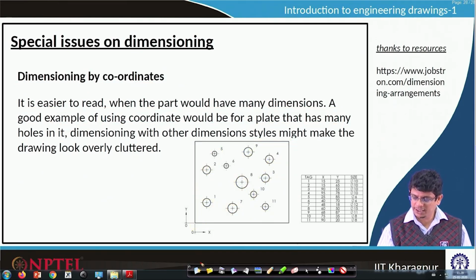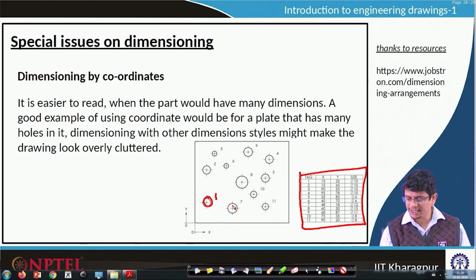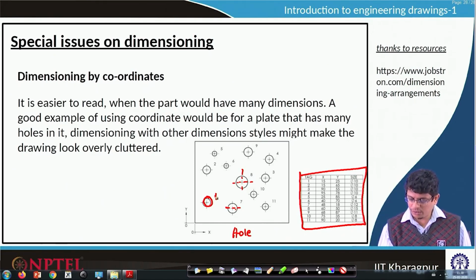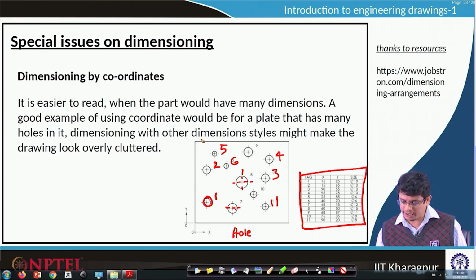Instead of that, it is a common practice to tabulate the things, something like this, giving names for this hole, 1. Whenever a hole is there, we always have this dash dot kind of lines. You see this dash dash dash, that indicates that there is a hole. It is more like drilling a hole through a rectangular plate. Here we have different holes 1, 2, 3, 4, perhaps 5, 6 and so on up to 11. In total 11 holes are there for this box. So, when we are not interested to represent this rectangular plate, but holes and their location, usually we go with this kind of tagging. You just give the names 1, 2, 3, tag what we call,